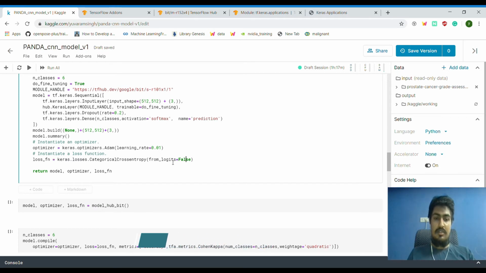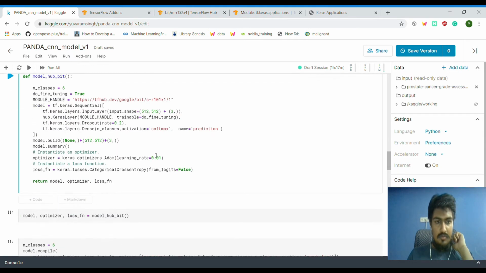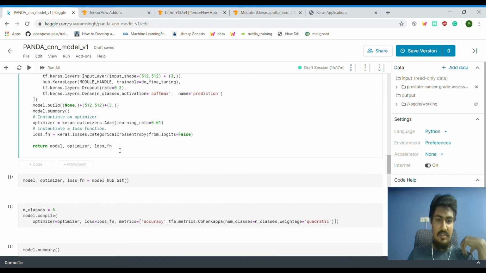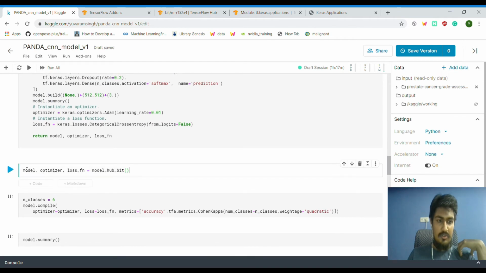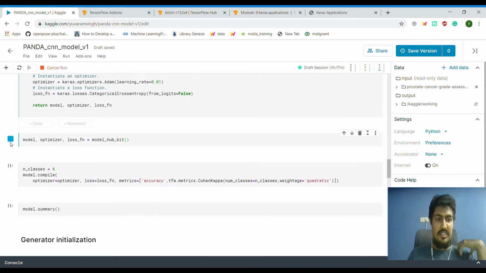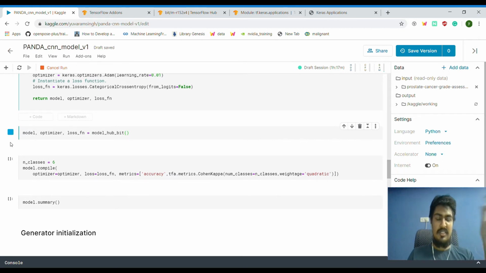Since we are applying softmax, which applies an exponential function, we have to set this as false. So that does the optimizer and loss function. I'm just going to return everything, run this one, and then call this function, which will give me a model, optimizer and loss function.